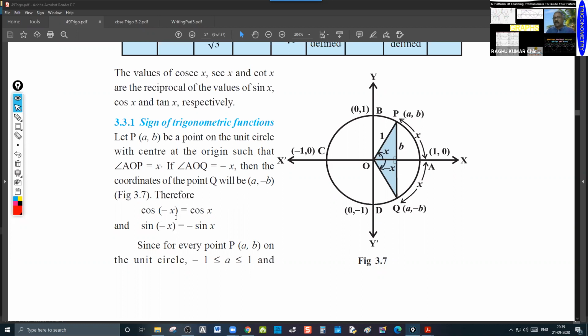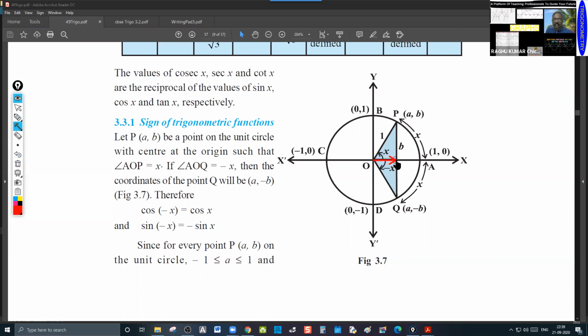You tell me what is the trigonometric ratio for horizontal component? Cos x. So what does minus x mean? It is negative angle. Negative angle means clockwise direction. Do you observe that? This is negative direction. This is positive direction. Positive direction is anti-clockwise direction. So what is happening? If you observe carefully, this horizontal component never changes, even if it is clockwise or